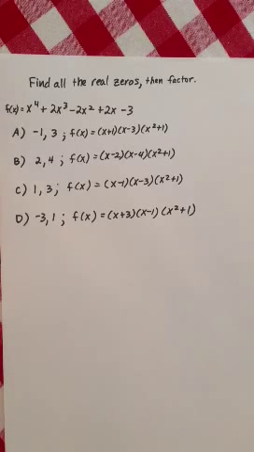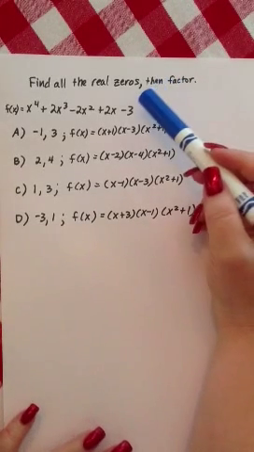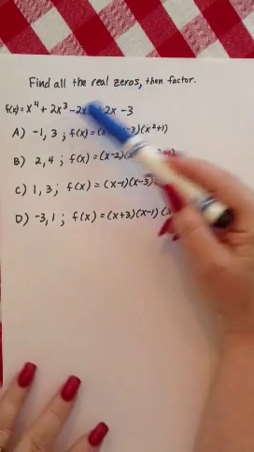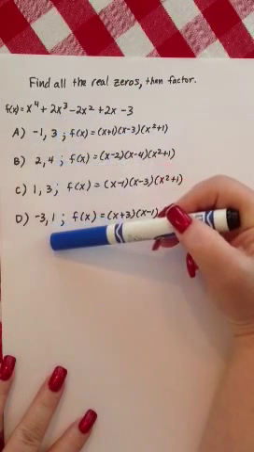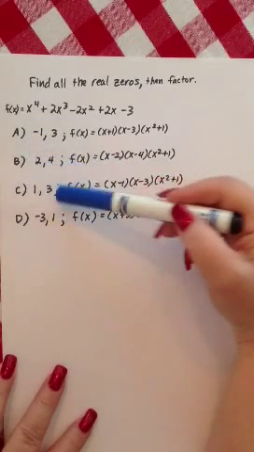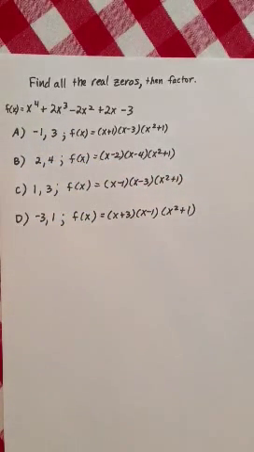All right, I'm going to demonstrate now a problem that is asking us to find all the real zeros, and then they ask us to factor. Now normally if this wasn't multiple choice, I would just have you do P over Q and start finding them. But when it's multiple choice, you can kind of go through their list to see if they work, okay? So